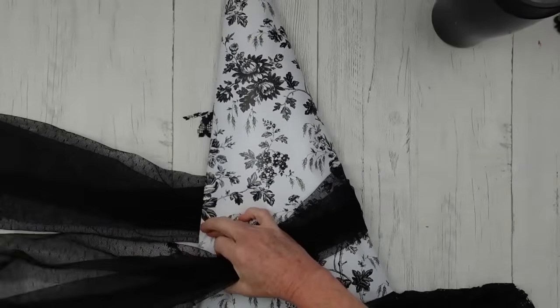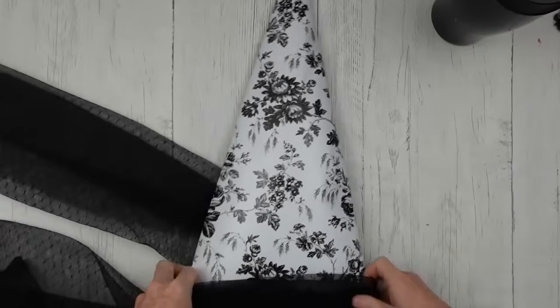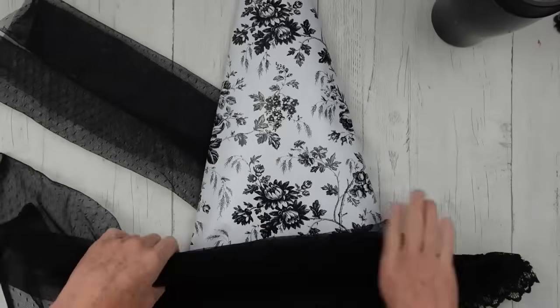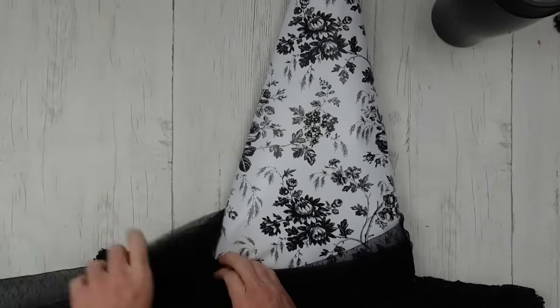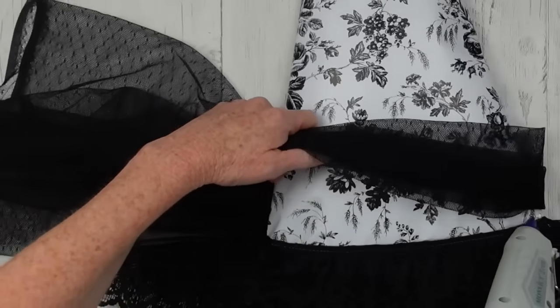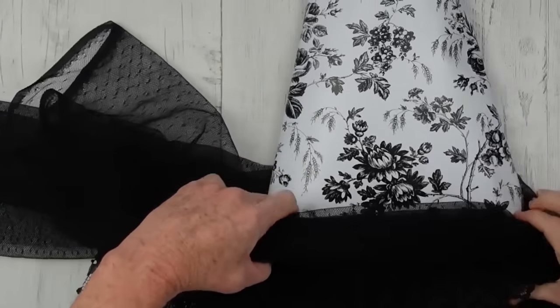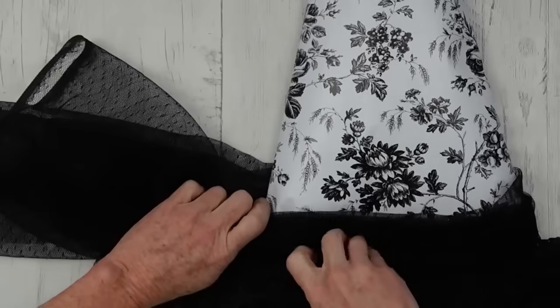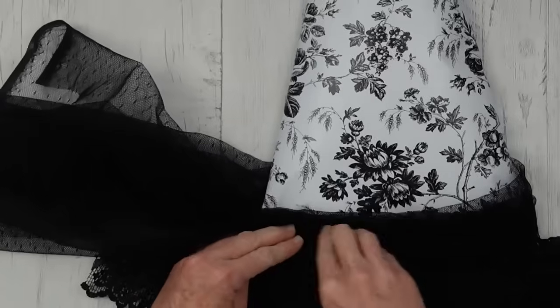I would have loved to have it hanging down like a veil, but I didn't have enough for that. So I'm doing what I can with what I've got. I had to use it on this piece though. Clearly it had to be used. It's very Victorian. I'm going to take that glue, again on a cooler temp, and be very careful that you don't burn your fingers, but the thickness of this is allowing me to touch it without hurting myself. And I'm going to press it down,